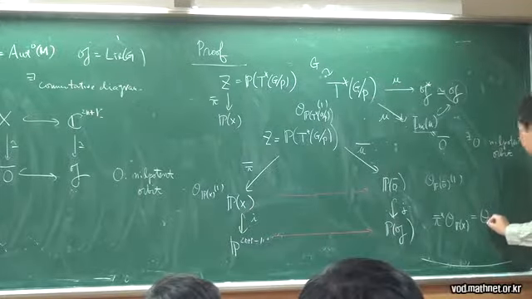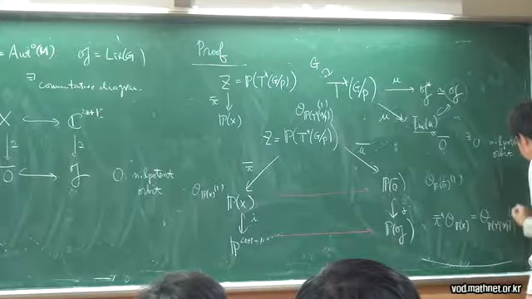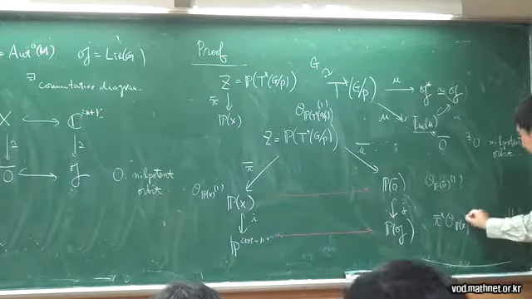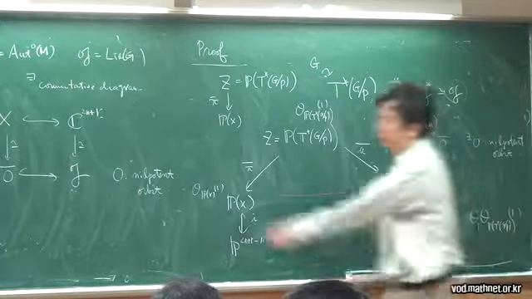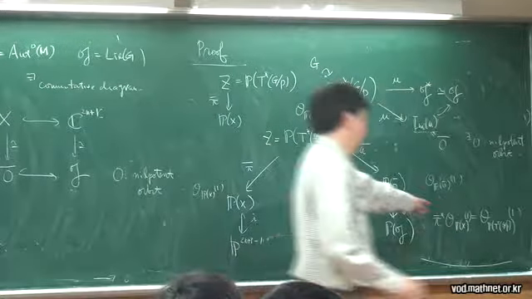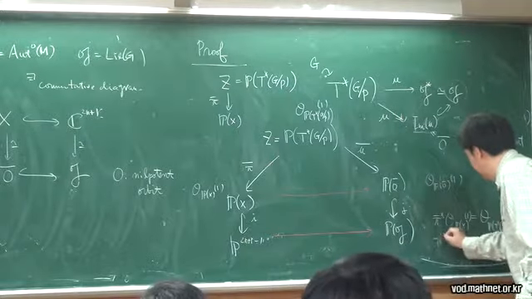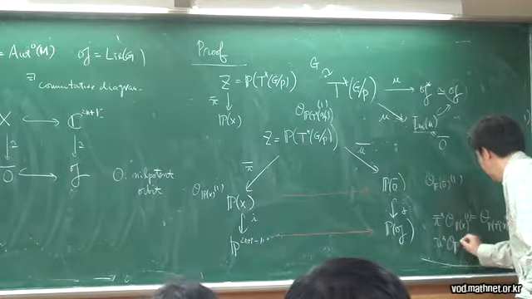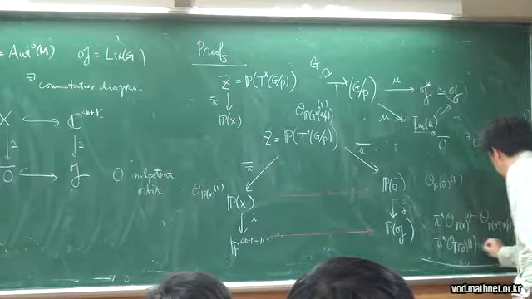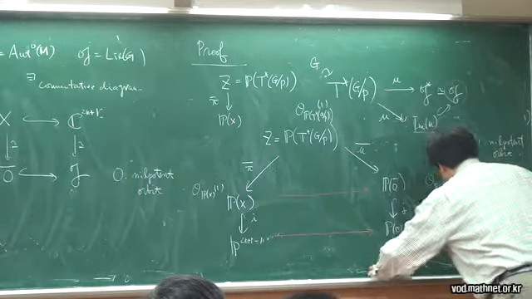This I already erased, but this is already shown. On the other hand, for this part we also have the same thing: PX, P over 1, is this. Why is this true? Because